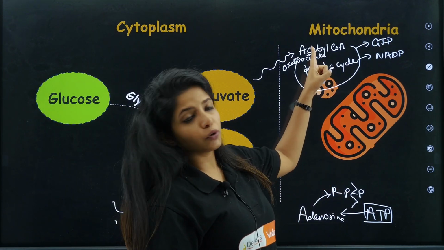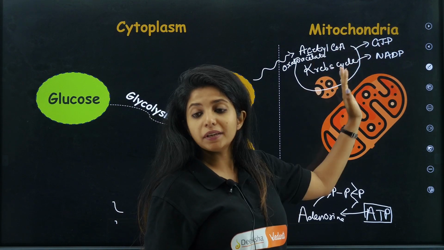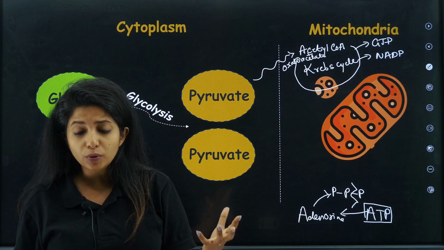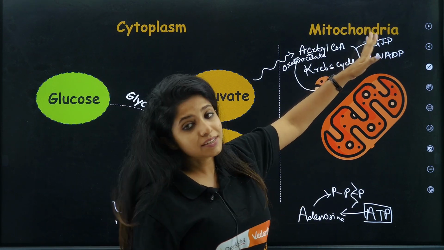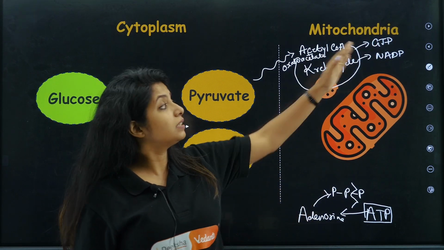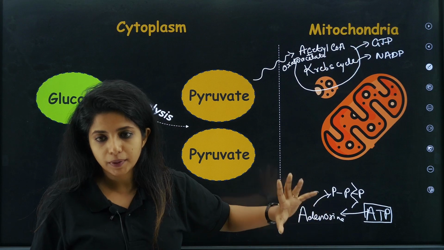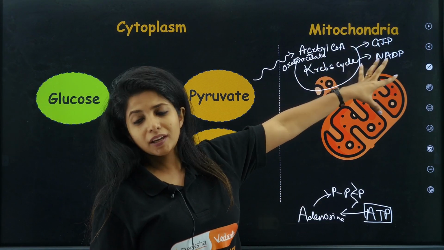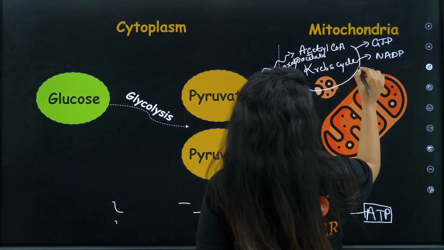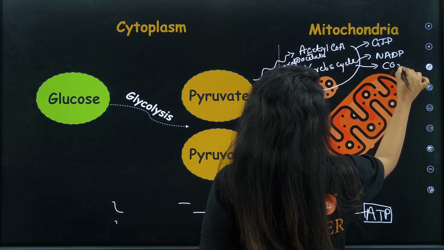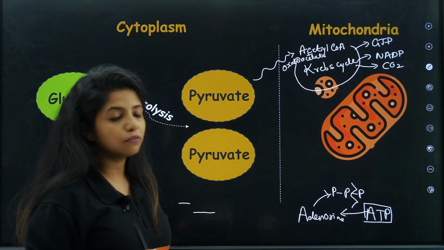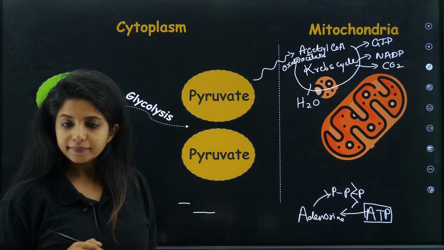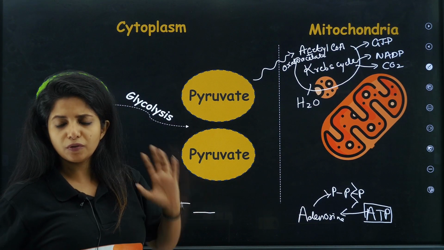Now, here in this particular process, I am making GTP and NADP, which are other currencies of other countries which do not have too much value, but these can help in the formation of ATP. Which is why I am forming them over here. Okay, ATP needs their help. Similarly, one more thing being formed over here is CO2. H2O is also being formed over here.